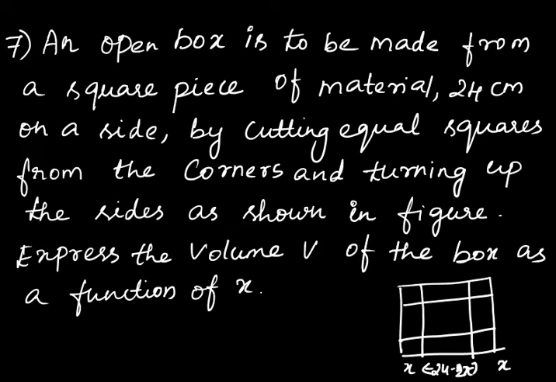Please look at your textbook and you can clearly see that the shape of the box is in the shape of a cuboid. So to find the volume of the box, you will make use of the volume of the cuboid formula. Here initially the side value is 24 and they are cutting x from both the sides and then making it a box. So the length will be 24 minus 2x because you are cutting 2x values, right? So the length value will be 24 minus 2x, the breadth value will also be 24 minus 2x, and the height value is x. So substitute all this in the volume of a cuboid and then find the volume of the box.